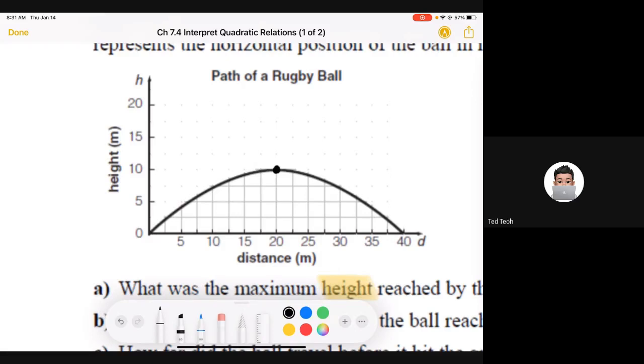Obviously if I highlight it in black, it's not going to show, but that's the highest it went, if everyone can see it properly. That is also called the maximum. Now, if we look at this point here on the graph, this black dot that I drew,